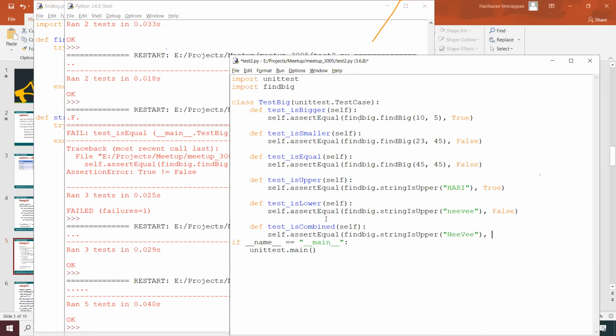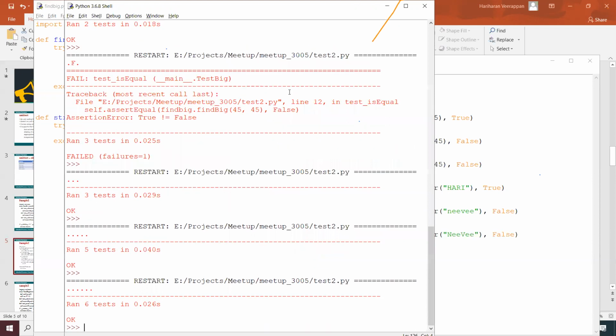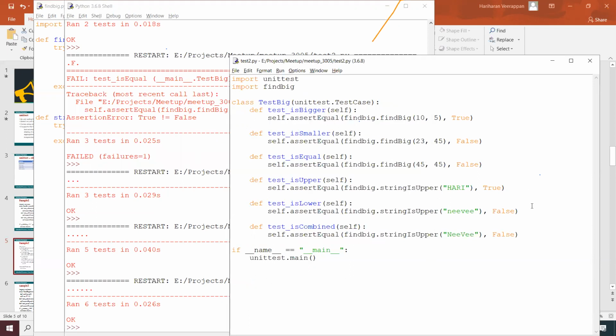Then we should also get a false output over here, since some of the characters are upper case and some are lower case. Is upper should return false basically. It contains lower cases, and we ran 6 test cases and all are okay with the outputs basically.